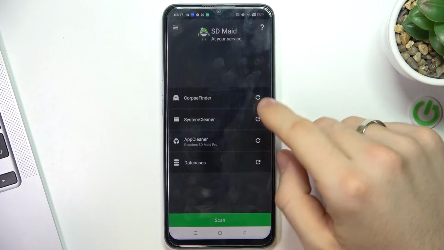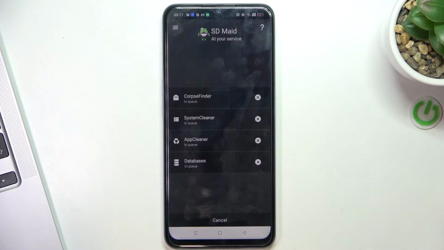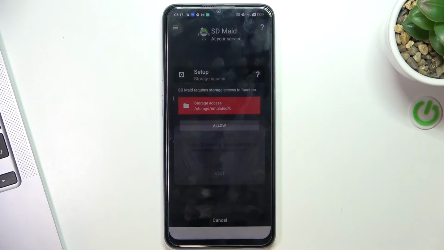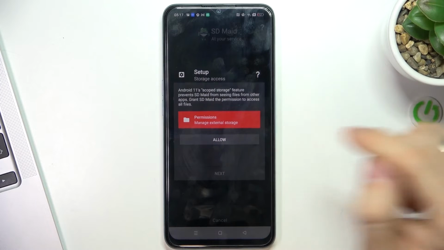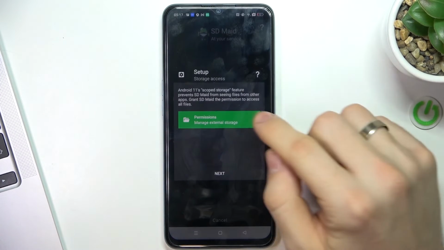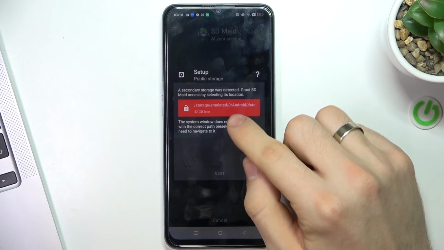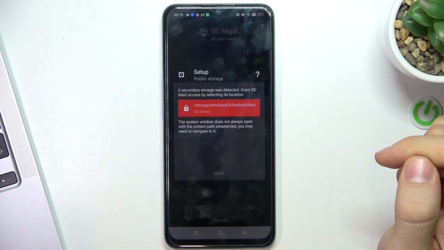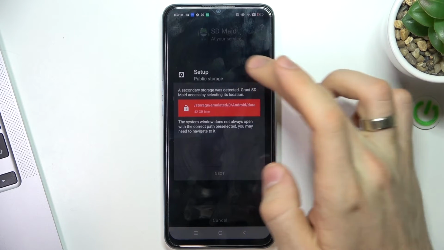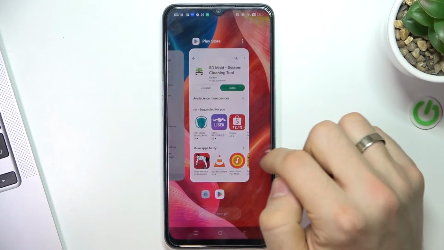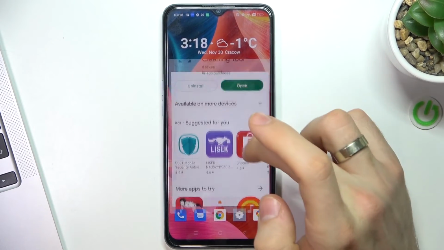So open SDMaid, click scan, click next, next. System window doesn't always open, of course, so open SDMaid again,